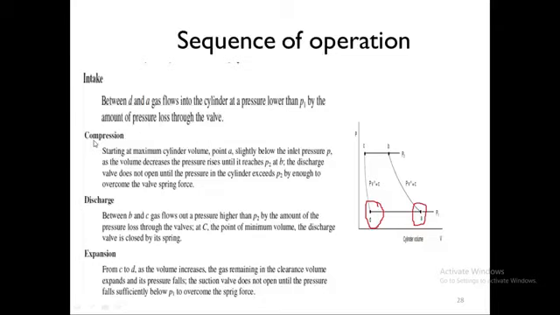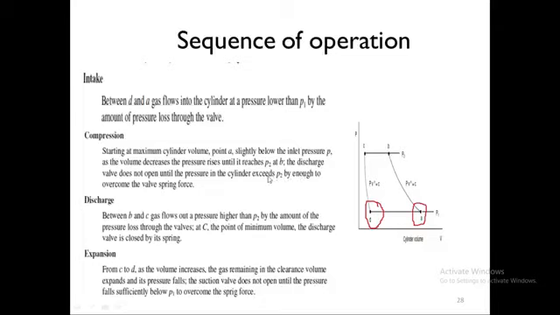and then the compression process starts at maximum cylinder volume, point A. So this point A is the maximum cylinder volume. After your piston has moved up to this point, it will start compressing and its pressure will start rising. As the volume decreases, the pressure rises until it reaches P2 at B. So it will keep on compressing with, you can say, a polytropic equation PV to the power n is equal to C, the compression process, and then it will reach point B, which is at pressure P2,